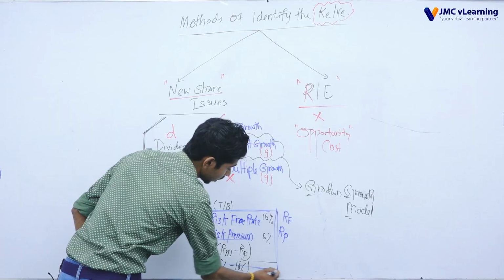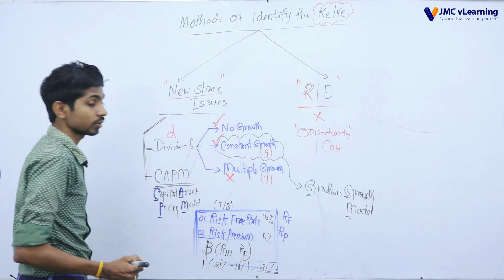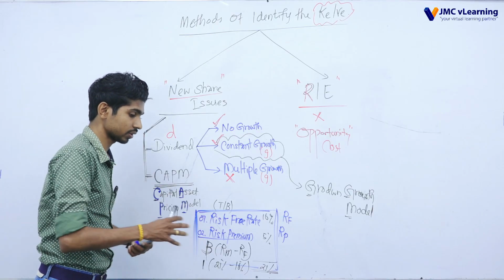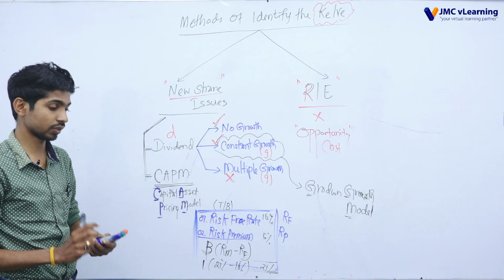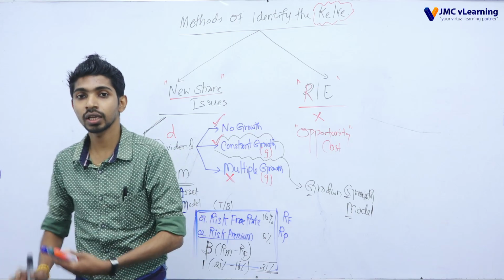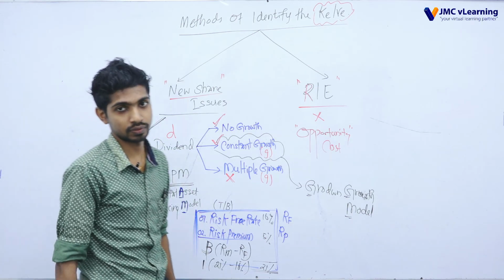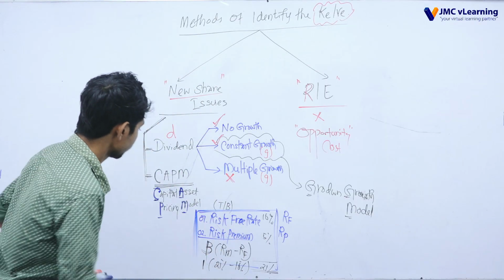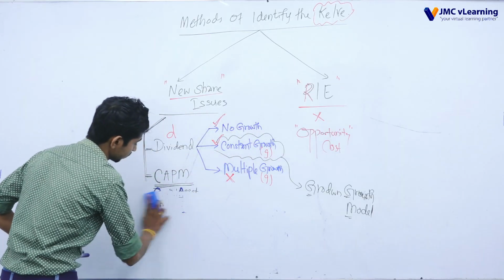Then what is the KE? That is the 21%. 21% means that if a particular investor invests in this organization, that person requires 21%. If a person invests 100 rupees, we have to give 21 rupees at the end of year 1. Otherwise, they will not stay with us. That's the major thing. Okay, then I will show you the simplest way to evaluate that CAPM model.